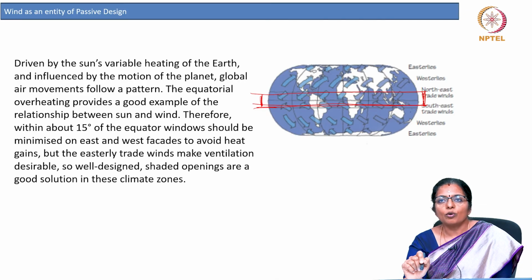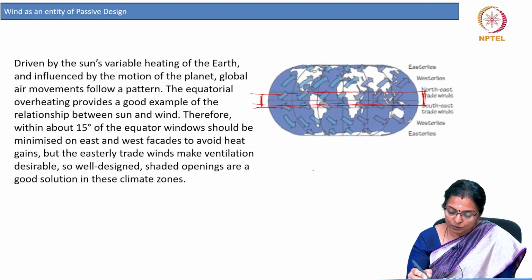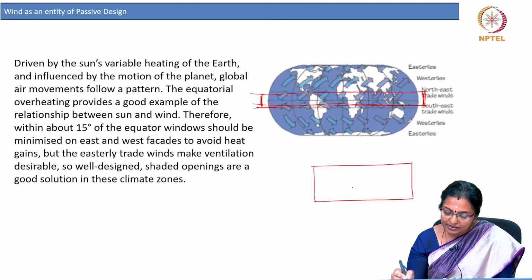Therefore, within about 15 degrees of the equator, windows should be minimized on east and west facades to avoid heat gains. But the easterly trade winds make ventilation desirable. So, you should have well designed shaded openings, and that will be a better solution in these climate zones. So, even if you are compelled to have openings along the east and the west,